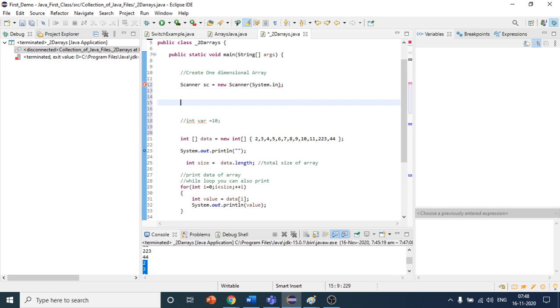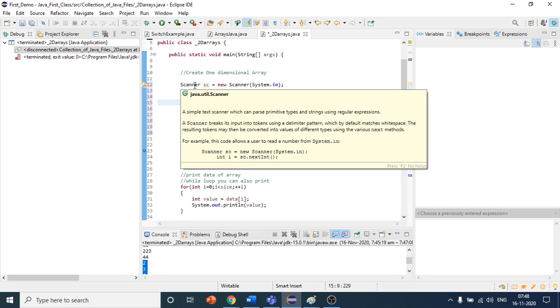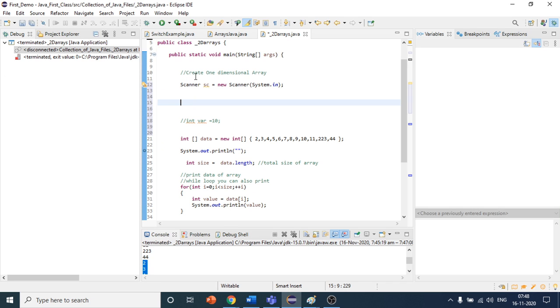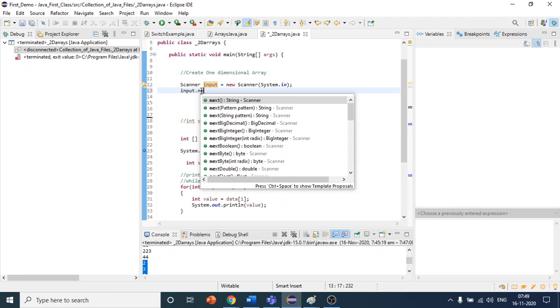What this class will do: this class has some methods that will help the user to write some data. So how? This is the object. We have not discussed what objects and classes are, so just assume this is one variable as of now. Once we discuss it, it will be clear. As of now just assume that this input variable will help you to store some data. So if I write input dot nextInt,